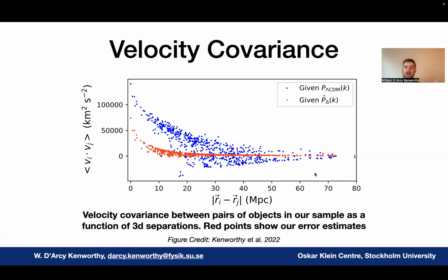When we use our uncertainty budget based on the differences of the reconstructions, as well as the unmodeled physics that's present, we find that we've reduced the amplitude by a factor of 2, but much more significantly, we've reduced the scale of the correlations by an enormous factor, which means that our final data is much better constrained. And we find that ultimately the Cepheid data prefers this reduced covariance. It prefers these corrections at more than 3 sigma significance. So we're confident that we've correctly budgeted for our peculiar velocity uncertainties.